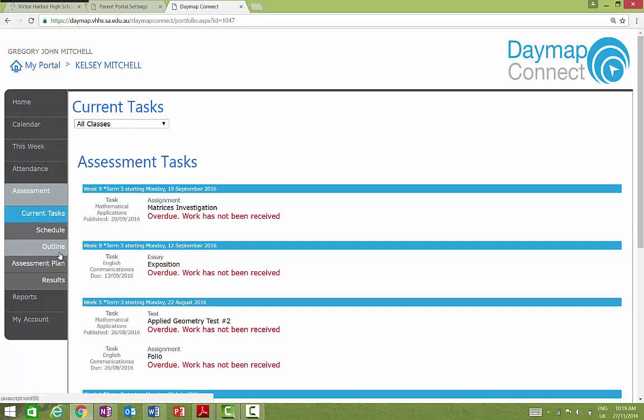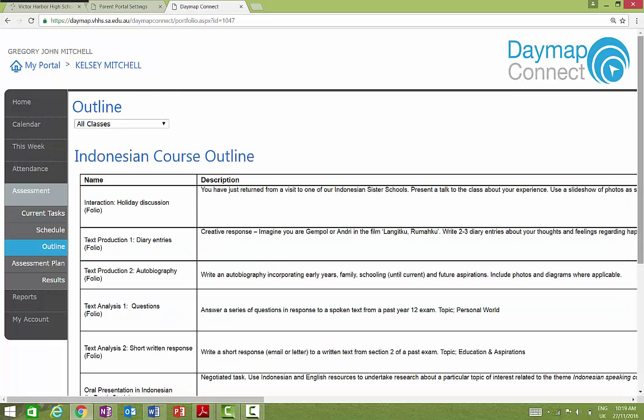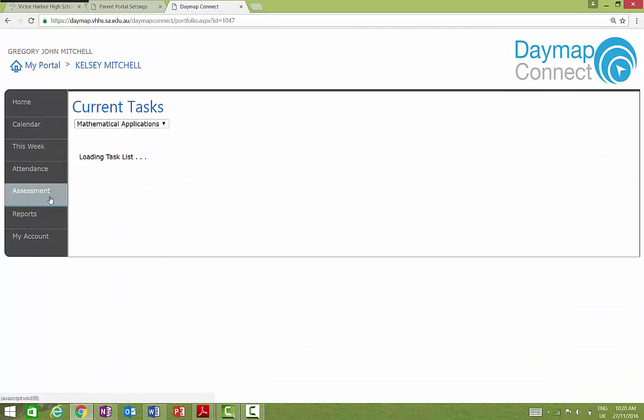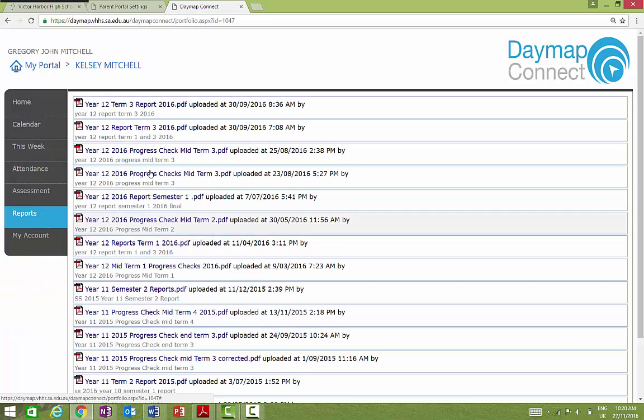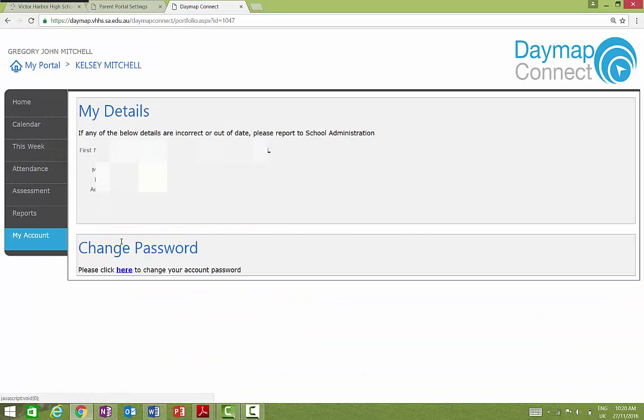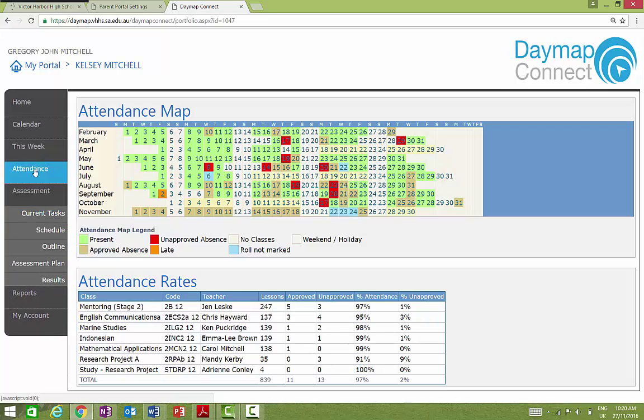Obviously she's finished the year. There'll be any outlines for different classes, but you can see through there you've got access to a number of important features there. If you click on there, that will bring up all the reports that have occurred, and there's also a link here to go in there and change your password and so on. Alright, so